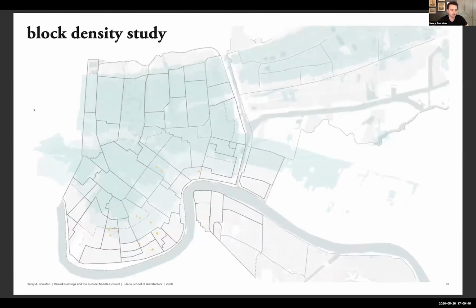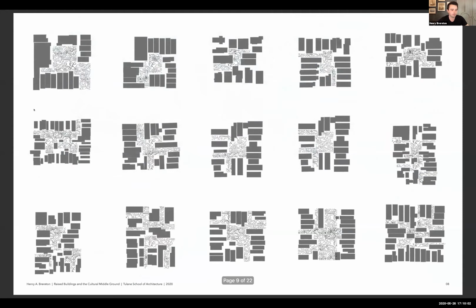To begin my design process, I chose to look at the density of 15 neighborhood blocks around the city that lie on the fringes of a flood zone. Sites located near a flood zone are ideal due to the fact that they present the opportunity to design for a gradual increase in flooding as time passes. What I found was that the blocks contained some form of a key lot that created a unique open condition in the center of each block. I found that these center spaces may allow for a new inverted raised block condition in regards to the street front. I wondered what it might look like to focus all activity towards the center of each block once the traditional ground street front is no longer able to be occupied when flooded.